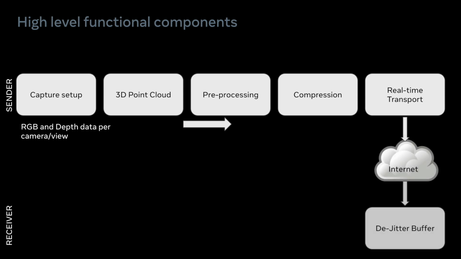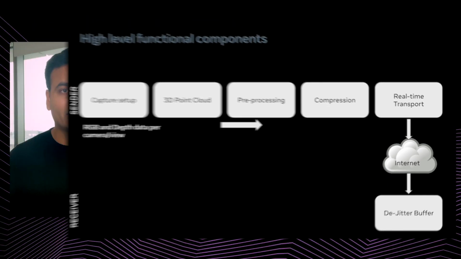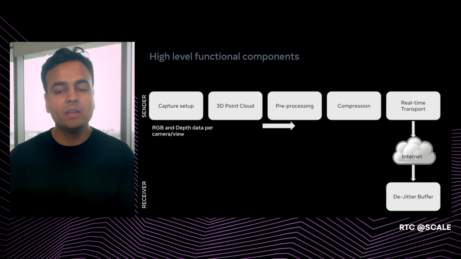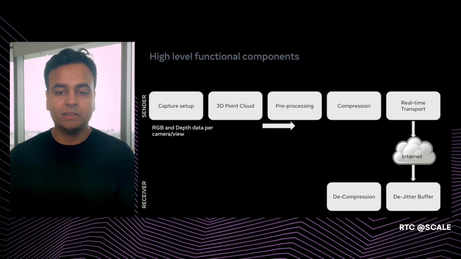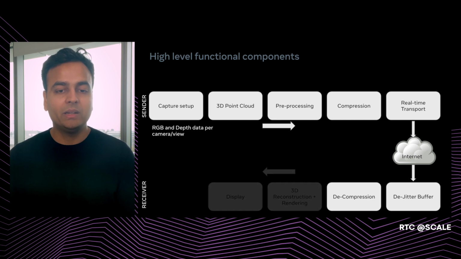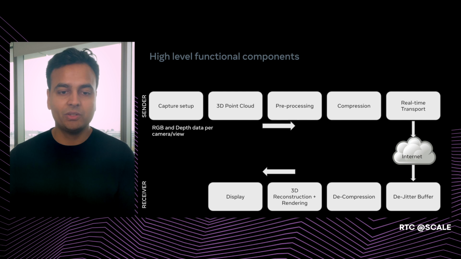After the data goes through the internet, on the receiver side, there will likely be a de-jitter buffer, which will take care of smoothing out any jitters introduced by the network or by the source. It will also help take care of any packet losses introduced or any reordering of packets. Once we have the full in-order data assembled, the data will need to be decompressed. The decompressed data may go through some sort of 3D reconstruction, and it will then need to be rendered on the relevant display. As you can see, these components are largely very similar to 2D calling. The main difference here is because of the 3D point cloud data being sent, and the 3D reconstruction and rendering that will need to be done.